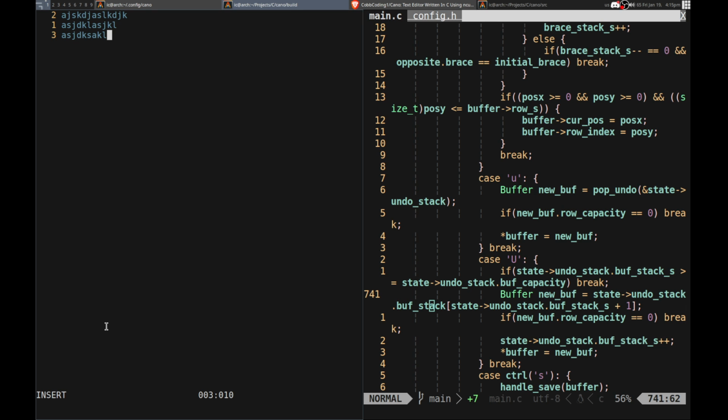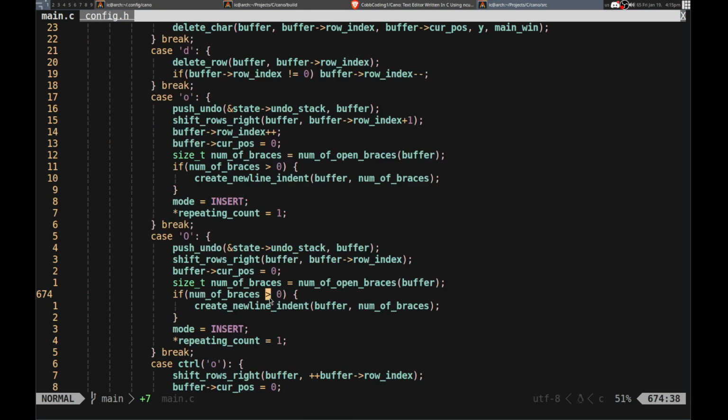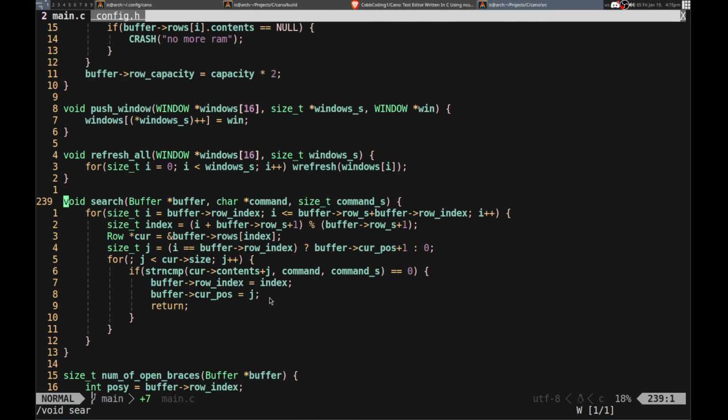Need the output of the search function so that it returns the position. Instead of, because it does update it, you should probably just return J. Oh, well, it does update the buffer that you use, so you need to keep that in mind as well. It's going to move where it's at, you know? So it's going to take a bit of updating, but maybe you want to have it